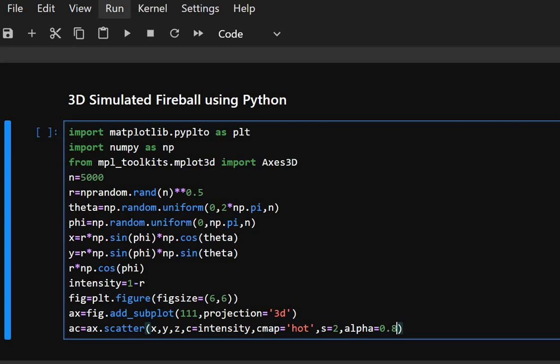So here it scatter plots all the points in 3D, and c is equal to intensity, which is color depending on how close the point is to the center, and cmap is hot,